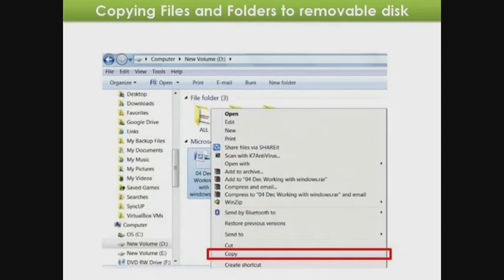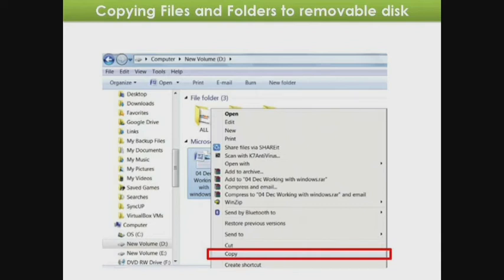Now we are going to choose the file which will be copied to the removable disk. Select the required file. So in this picture they selected the file. After selecting the file, click on the file, that is right click on the file. A pop-up menu will display as it is in this picture. The pop-up menu displays with various options. Among the various options, select copy option. Select and click the copy option. Now the file is ready to copy in the removable disk.